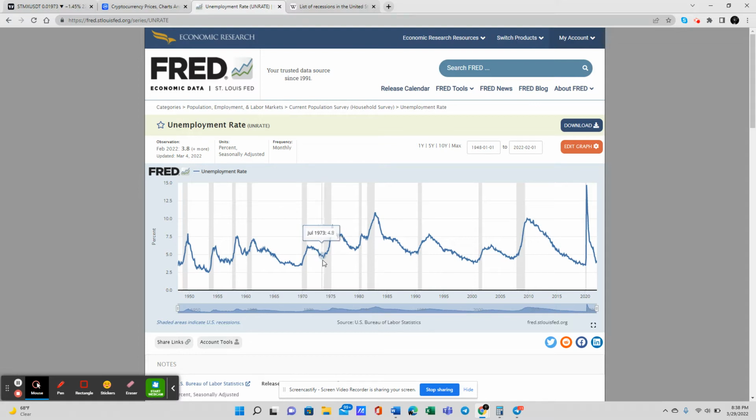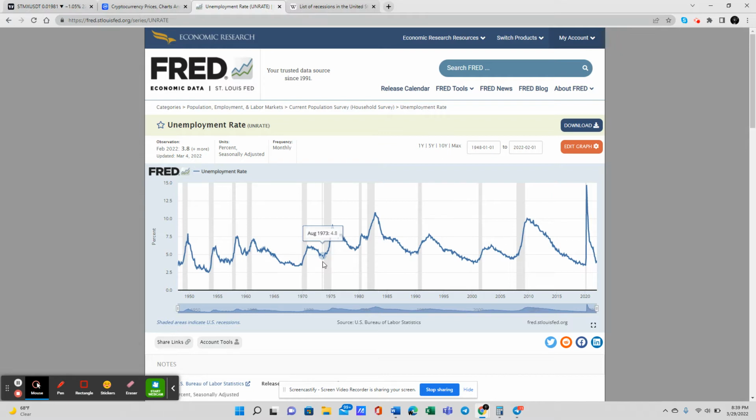Okay, so now we're at a four. Now, not all of this data is going to roll like this. As you can see, in some of the recessions we did see unemployment rise, but we also saw a drastic drop right after, right? But it's those next waves that you have to be careful of that are coming, all right?